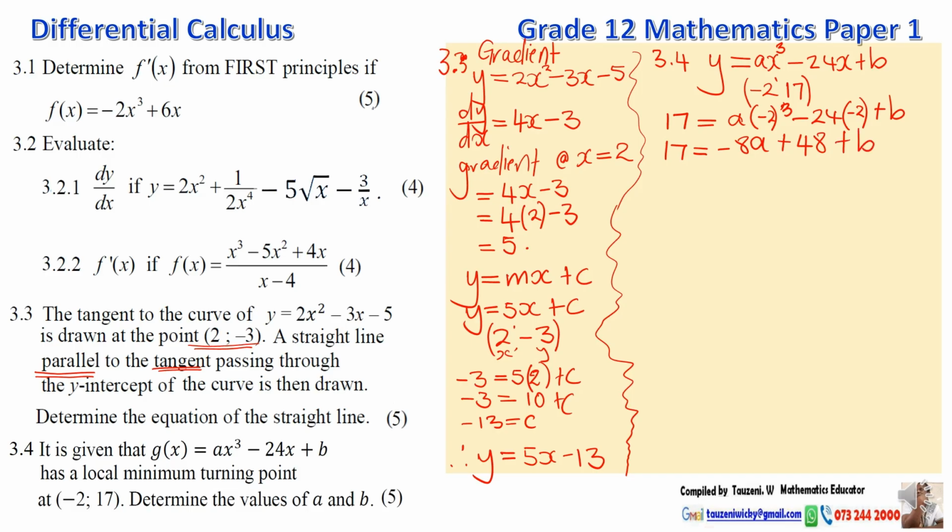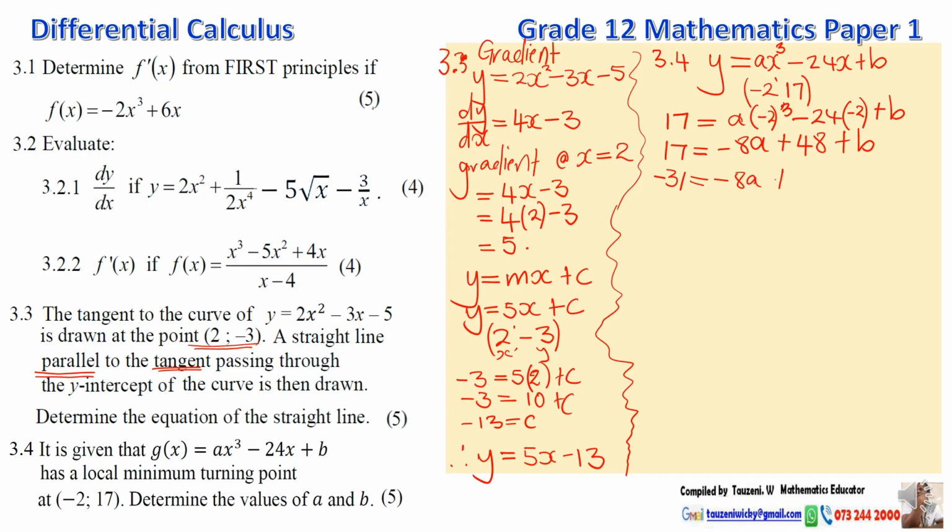So that's what we are doing with -2 and 17 here. So y is equal to 17 and x is equal to negative 2. Then we simplify the equation until it is in its simplest form. So 17 minus 48, and putting the integers together, that will give us -31 is equal to -8a